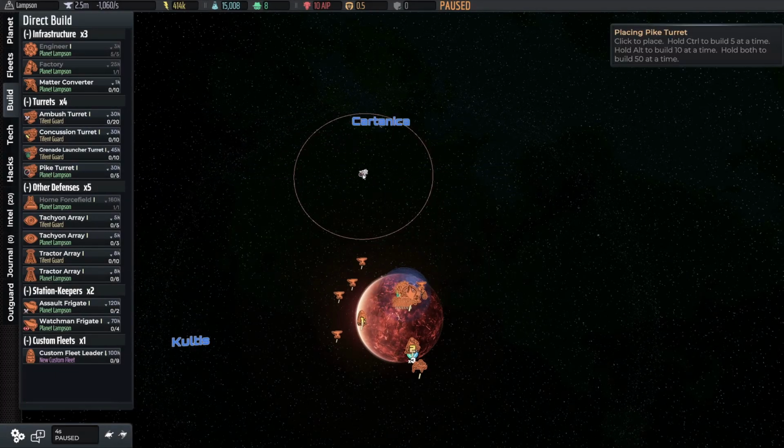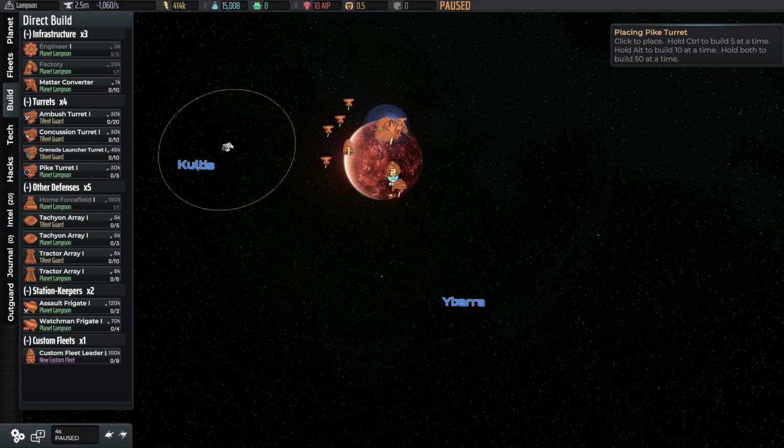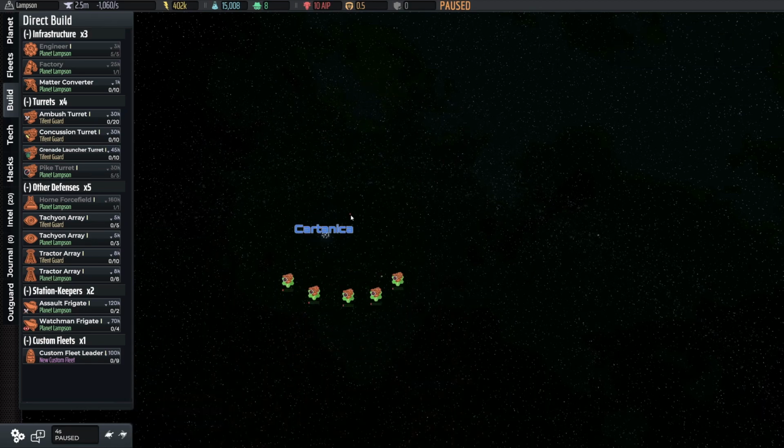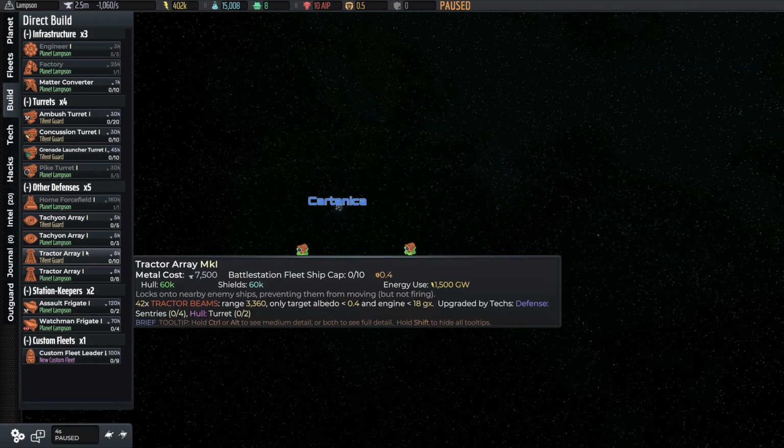So, we've got 5. If we wanted to, we could put them wherever. 1 here, whatever. But I'm just going to put them here. Literally in a little ring like this. Why the heck not? We're not pro players. This is what we're doing. We can also put down...